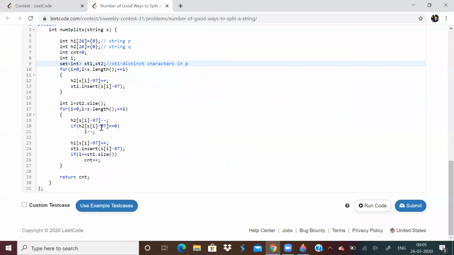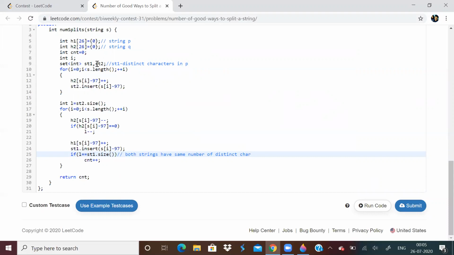If I get this condition, I will decrease the size of set 2, and I will always keep checking if the size of set 1 is equal to the size of set 2. This condition basically means that both strings have the same number of distinct characters.